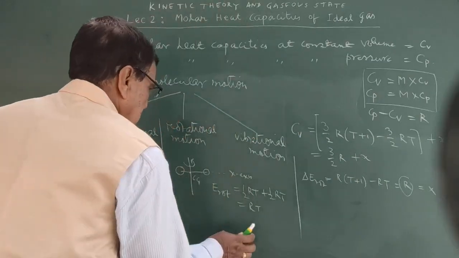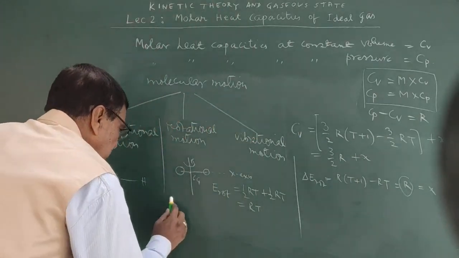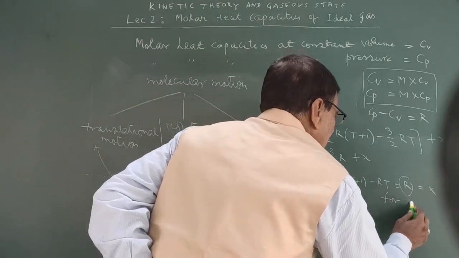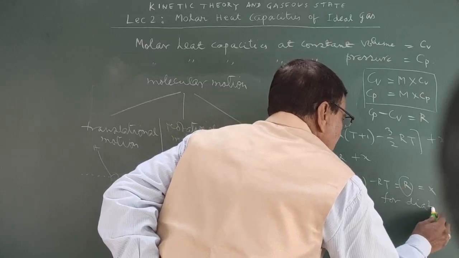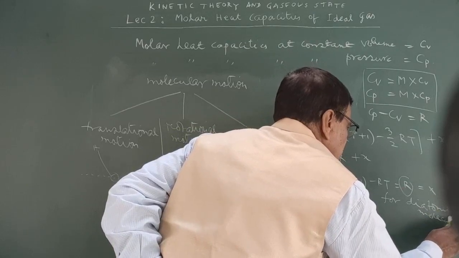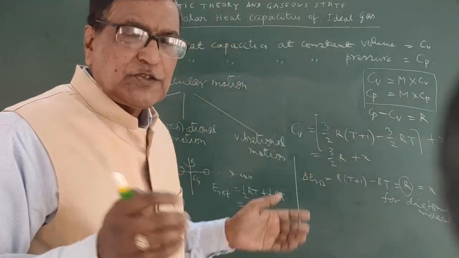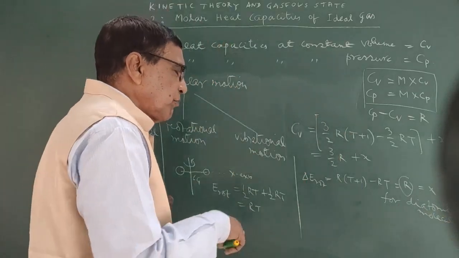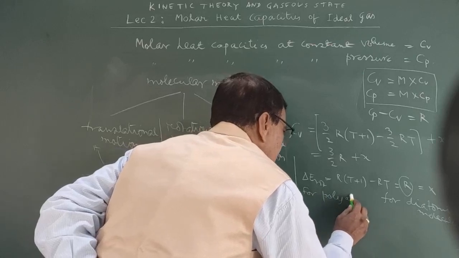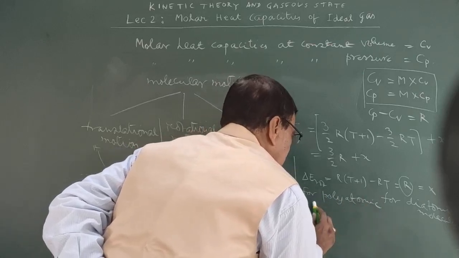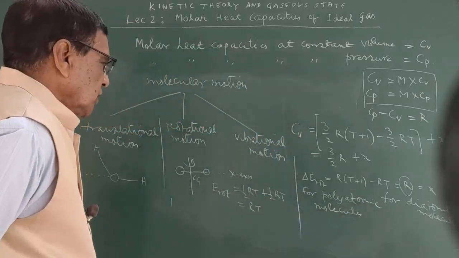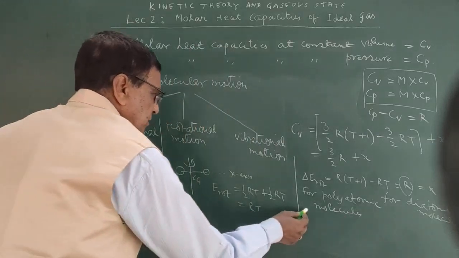So that is for a diatomic molecule. Diatomic molecule means the molecule contains these 2 atoms only. Now for polyatomic molecules,